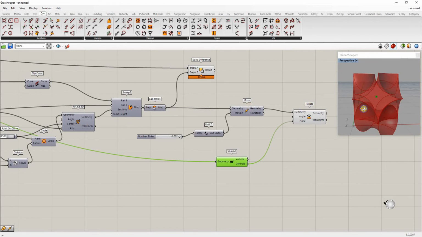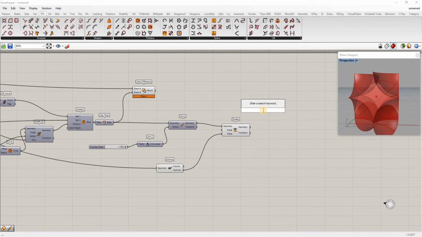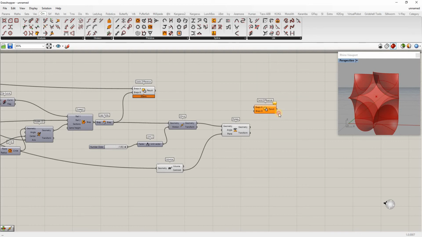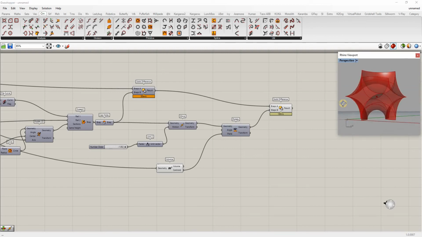So I turn that off, and I want to subtract this. And Boolean difference this. This one now, subtracting this one. Turn these two things off. You can see that it subtracts nicely. Now let's go back to where we moved it down. I said